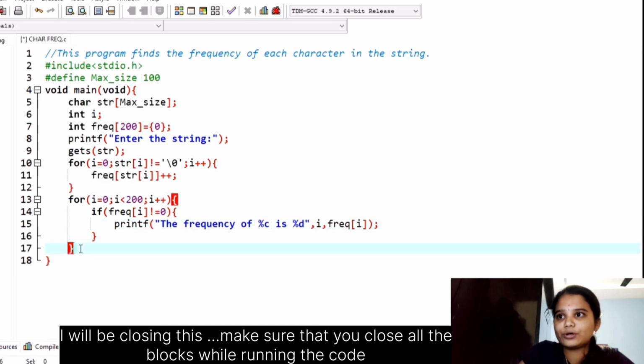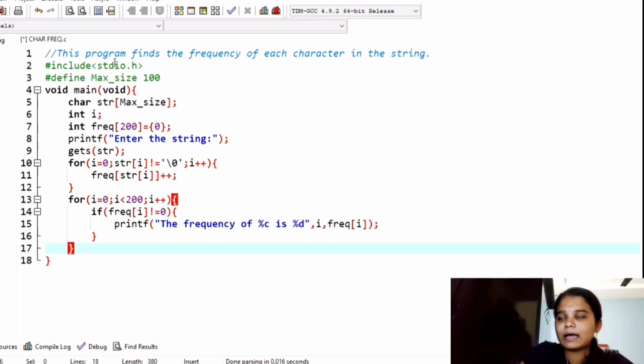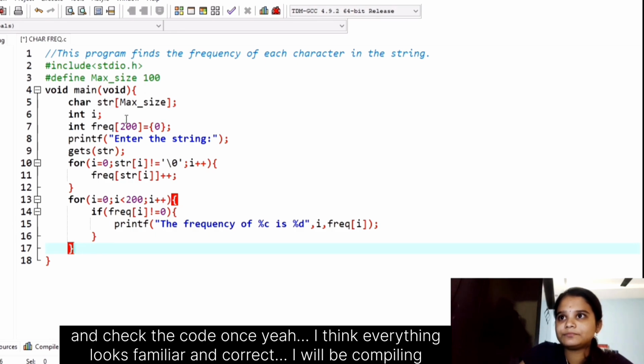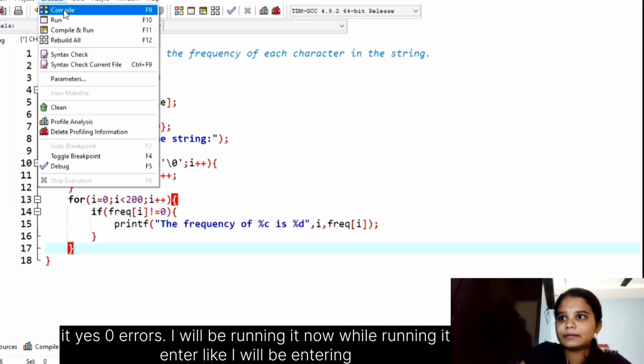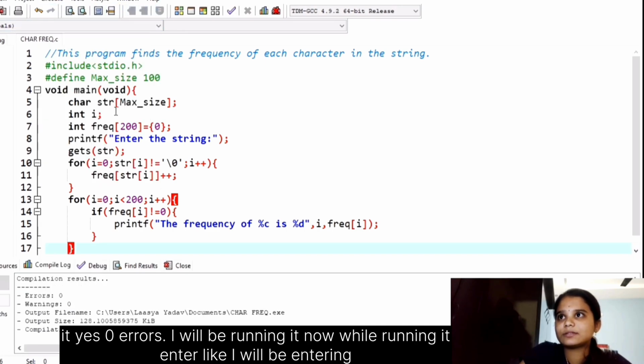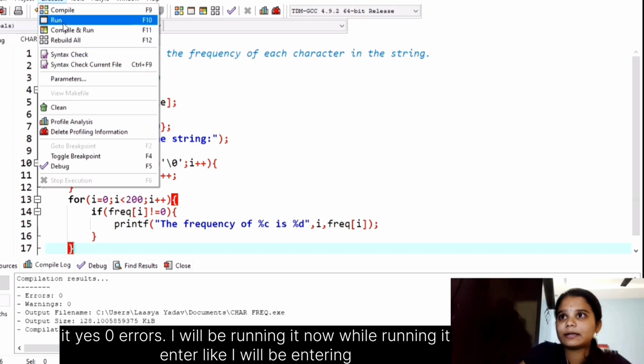Make sure that you close all the blocks while running the code, and check the code once. I think everything looks familiar and correct. I'll be compiling it. Yes, 0 errors. I'll be running it now.